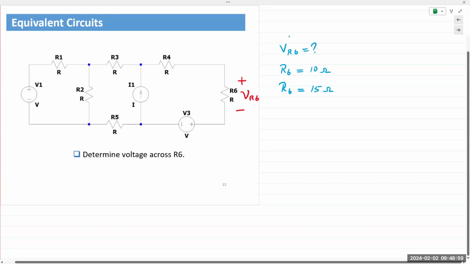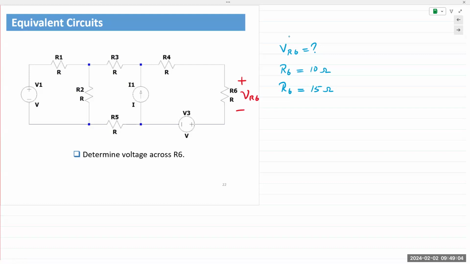You have to do the analysis all over again, right? All over again, multiple times. So this is a real problem that is encountered by circuit designers. You have to find the optimal values for every single component in your circuit. And nowadays circuits run into millions and billions of components, right? So you'd have to sit there and keep doing this analysis again and again. Well, in order to not do that,